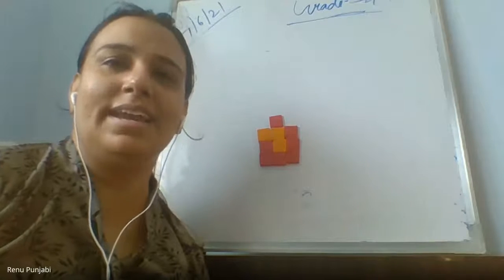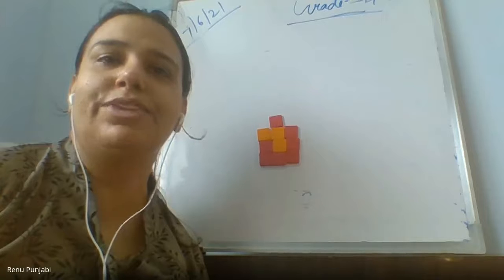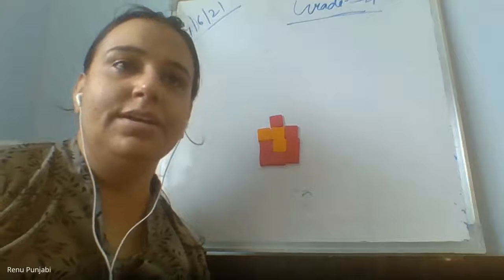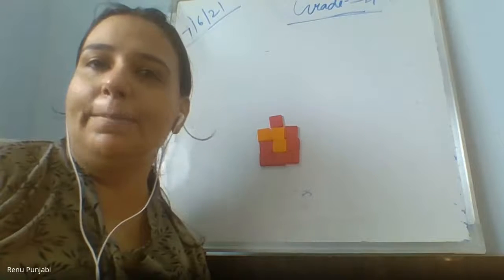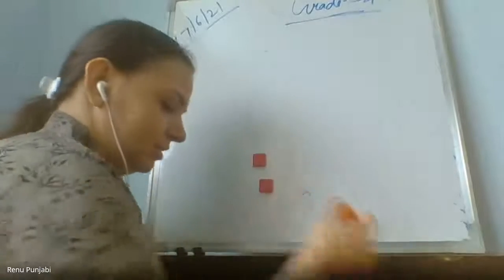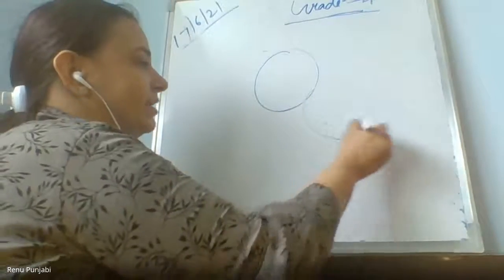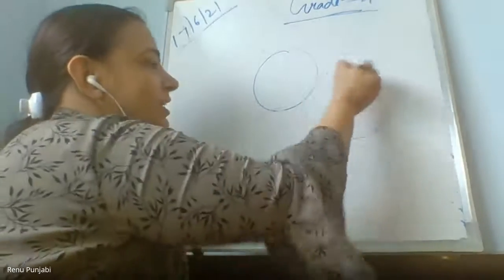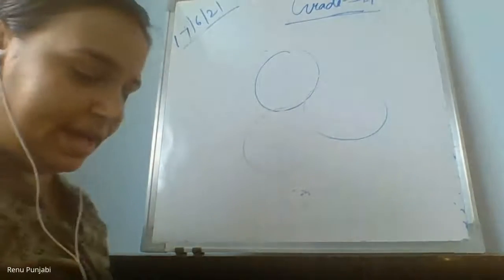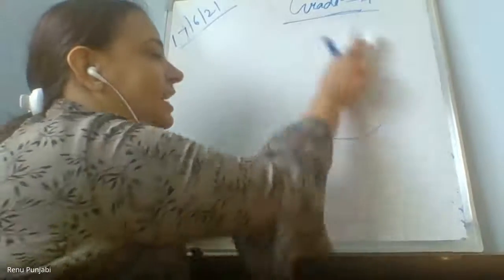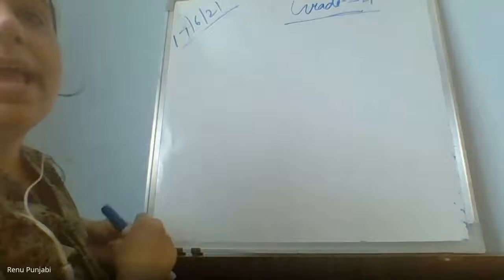Yes. Tiling is the arrangement of tiles in such a way that there should be no gap in between. अगर gap होगा तो क्या आप उस पे चल पाओगे? We will fall down by mistake. Suppose this is the arranged circle pattern. Can you see? Arrangement हो रहा है तो यहाँ पे बीच में gap आ रहा है. That is not the tiling. Tiling means arrangement of the tiles in such a way that there should be no gap in between.